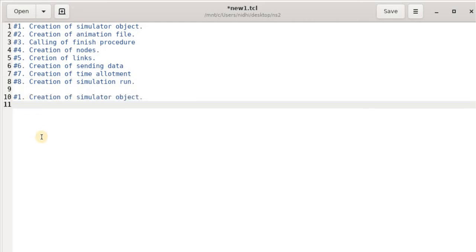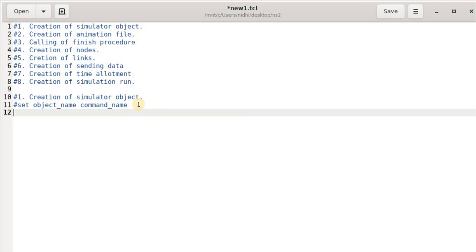The first instruction we have to write is set. The basic command is set, and we have to define the object name as well as the command name. That is the basic syntax. According to this syntax, we have to create the simulator object. My first instruction is set.